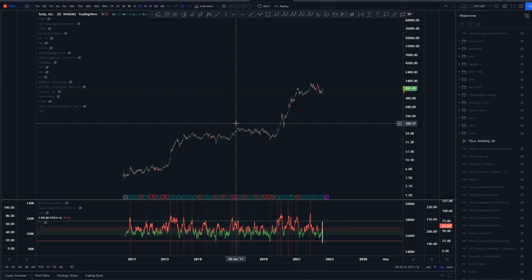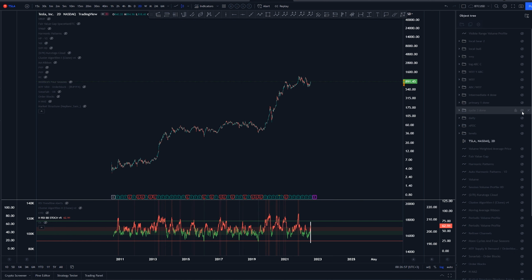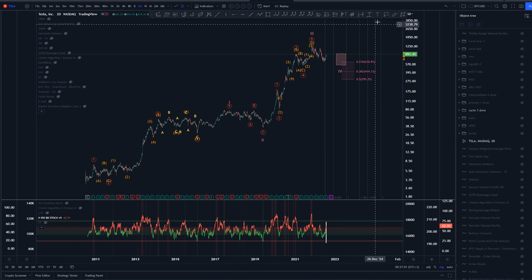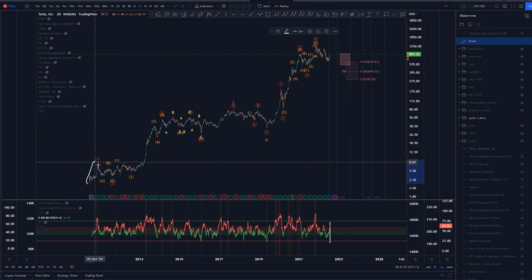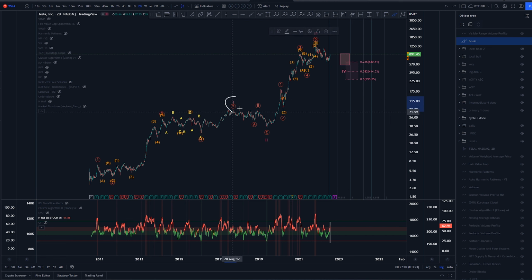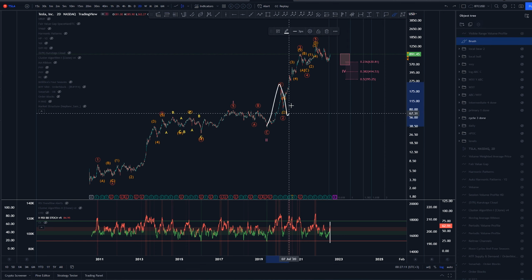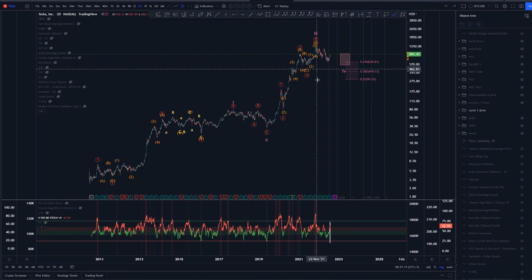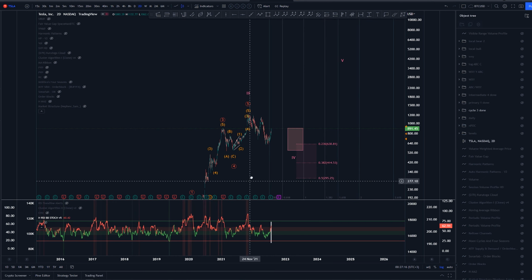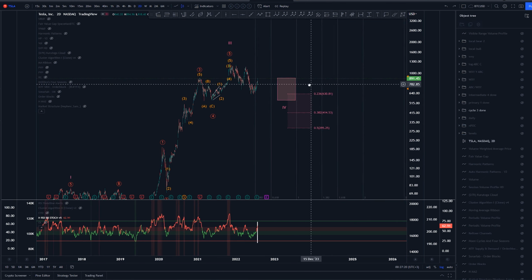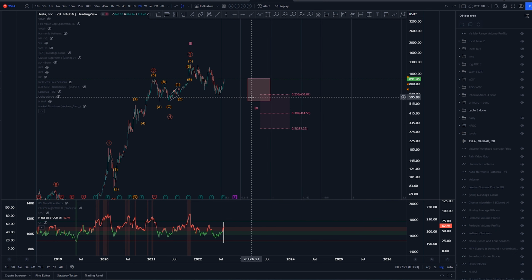Let's take a look at the different possibilities, starting here on the 2-day time frame and looking at the higher time frame structures first. For this one we have a possibility of having a 1, 2 of primary, 3, 4 and 5 into the first of cycle. Then a 3-wave pullback into wave 2 and another 1, 2, 3, 4, 5, completing a structure of wave 3 of cycle up here. At that point again we would be looking for cycle wave 4, again where we have this